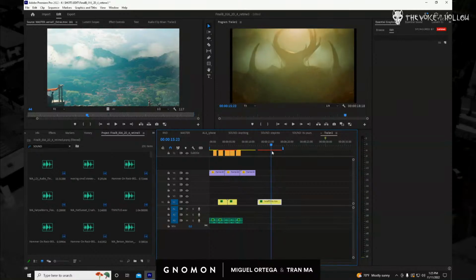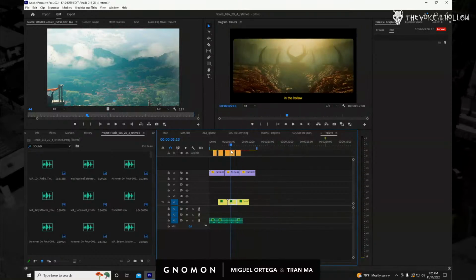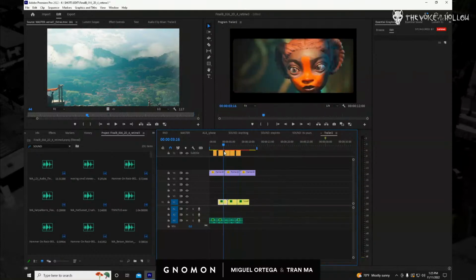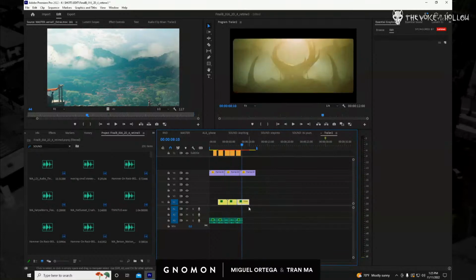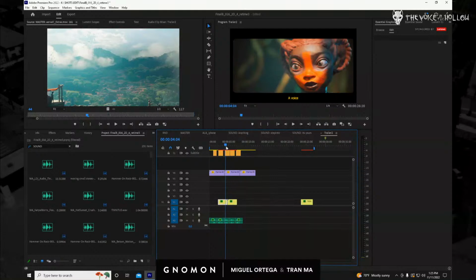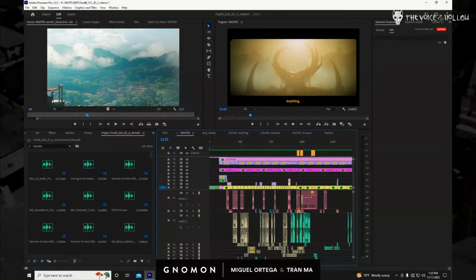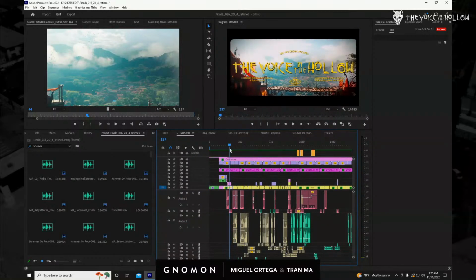So I do like this part here. Yeah, I don't like the beginning of that shot. They're not going to cut together. It'll look like a jump cut. But we'll maybe use this guy at the very end. And what we could probably do is if I come over here,